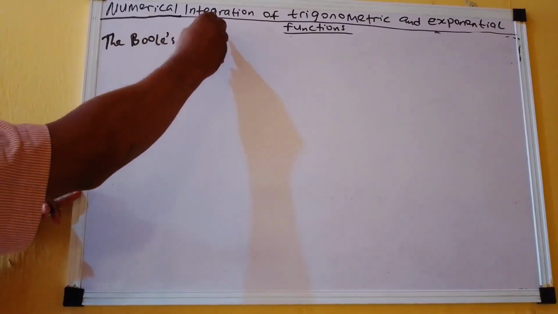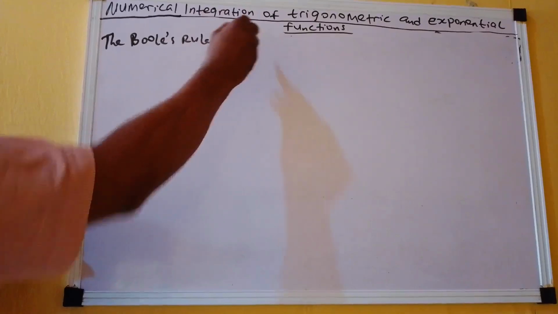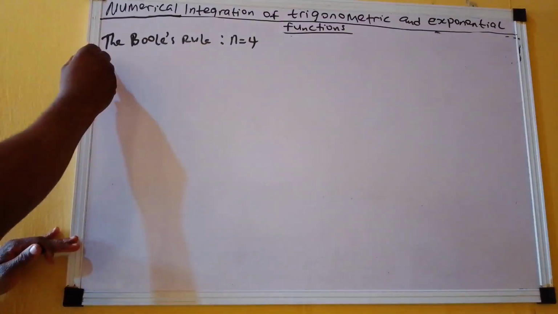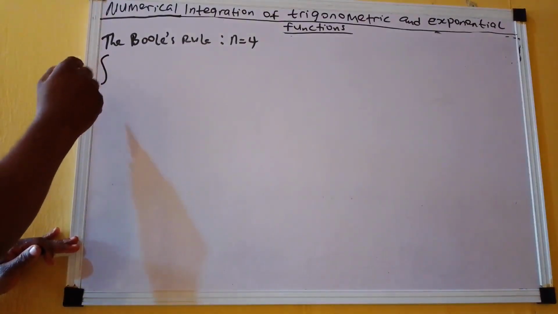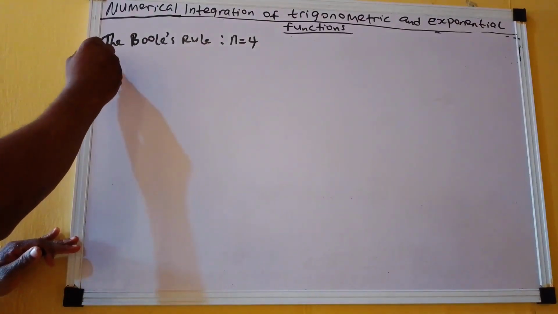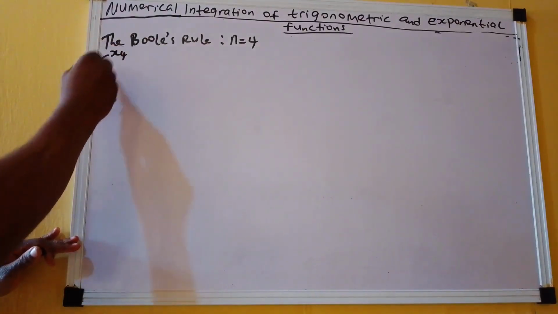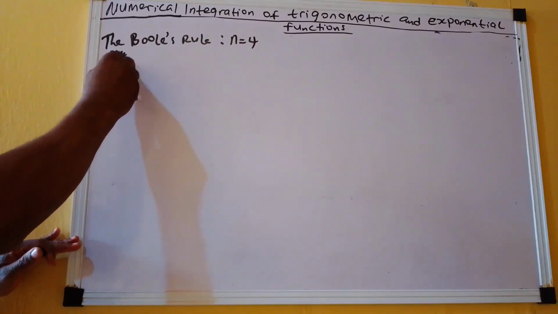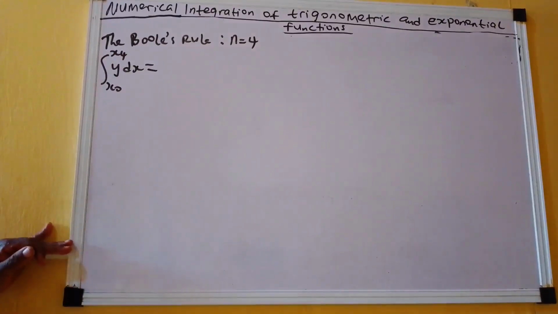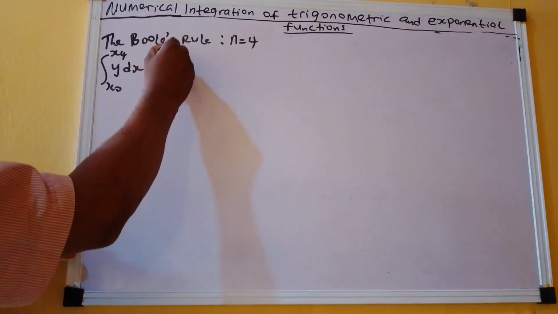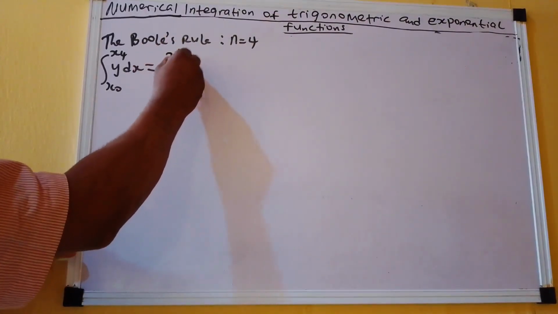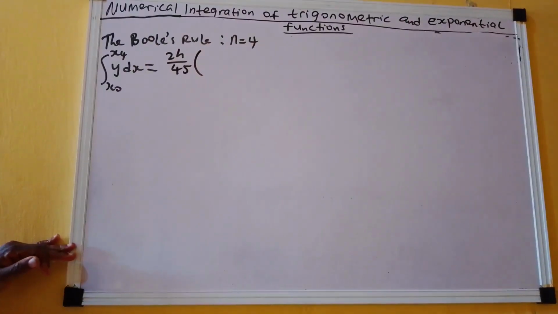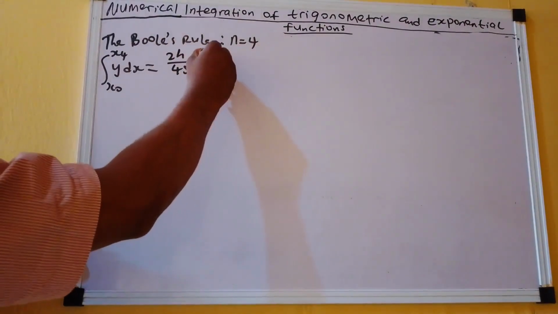For the Boole's rule, n is equal to 4, and the Boole's rule is given as the integral from x0 to x4 of y dx, which is equal to 2h over 45 bracket open 7